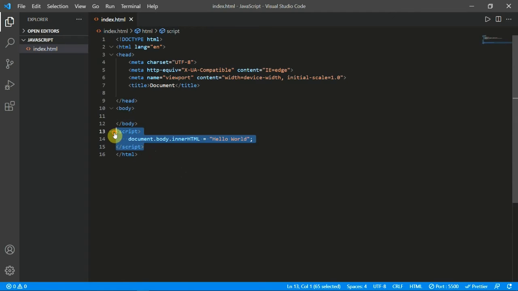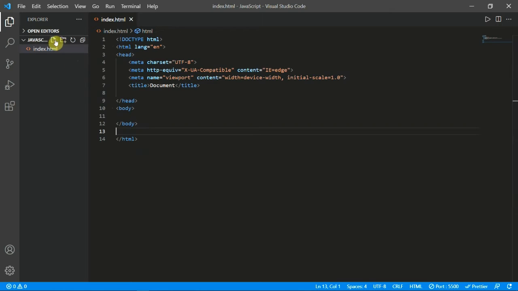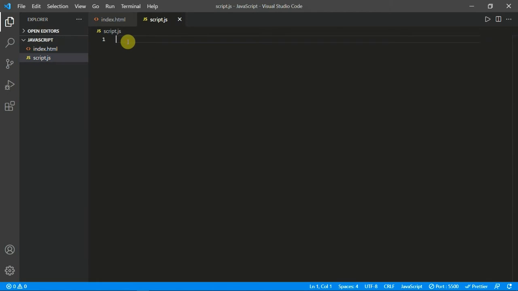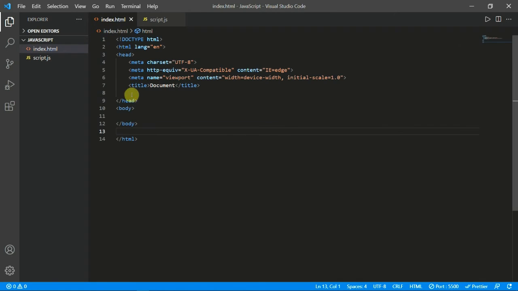Now let's imagine we have a big file. Okay, I will just create a file, script.js. So okay, this is my file, and inside this I also have document dot body dot innerHTML equal to hello DavyZ. Okay, this is my JavaScript. Imagine you have a lot of logic written inside here, many functions written here, and then you want to connect it into your HTML.